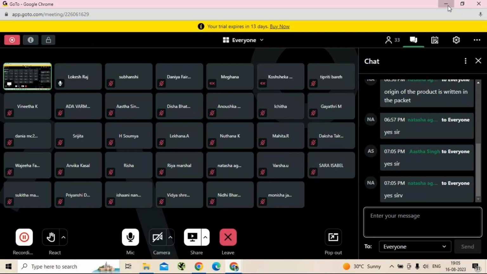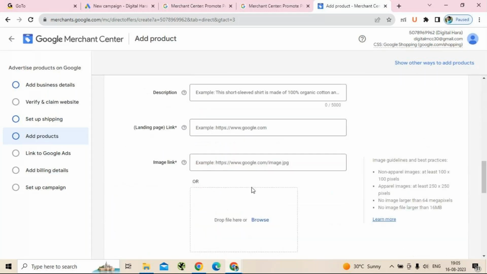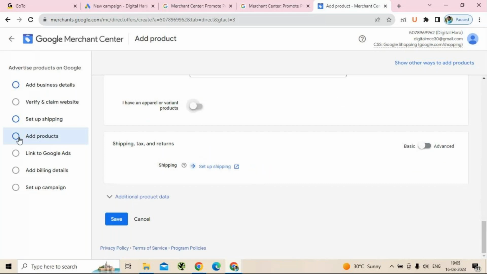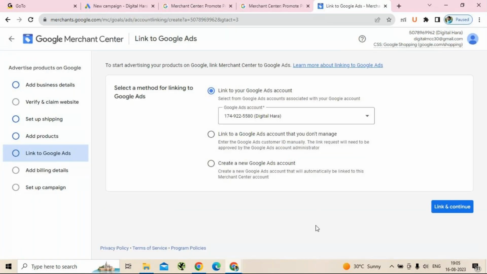good. So now, after giving all this product details and confirming, the next thing is you are supposed to link this account number, link this Google Merchant Center account number to the Google Ads. Here you can see the option to link to your Google Ads account. Suppose you are not getting this option, linked to Google Ads, in this list,